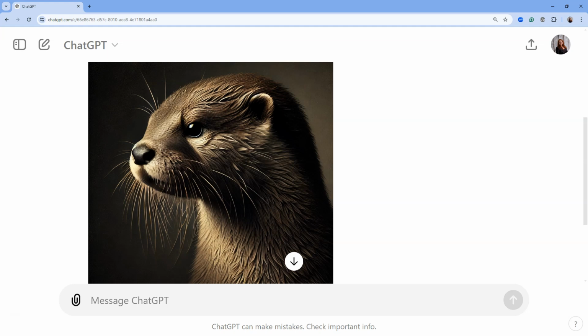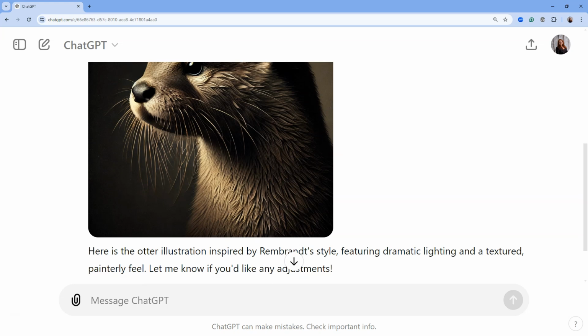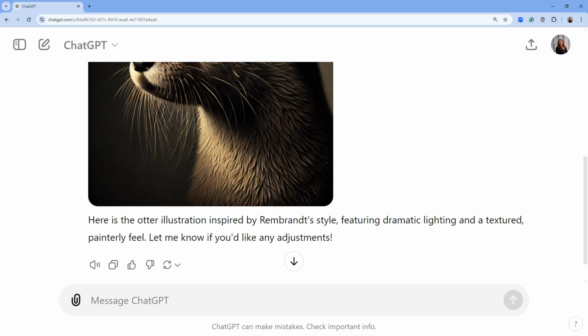And I can choose to edit this image depending on what tool I'm using, give it more direction. If you're using something like Midjourney, which is the one that I prefer to use when I'm generating images, it gives me several options to choose from. It'll give me like at least 4 images, and I click on the one that's the closest. I can also ask it to regenerate the image and things like that.